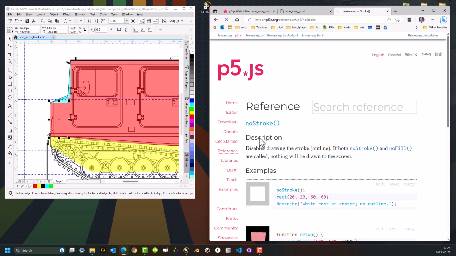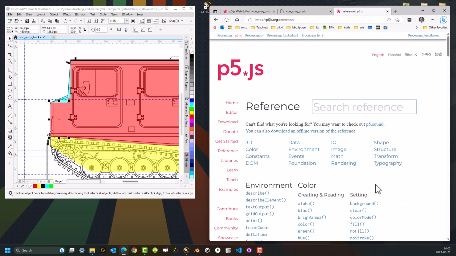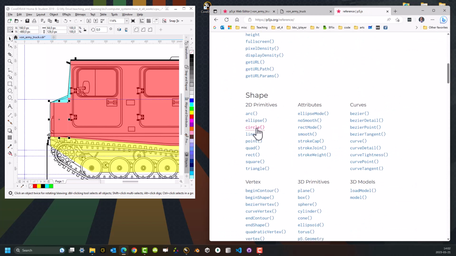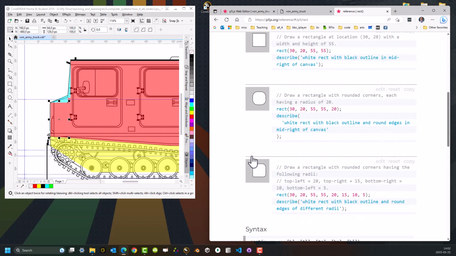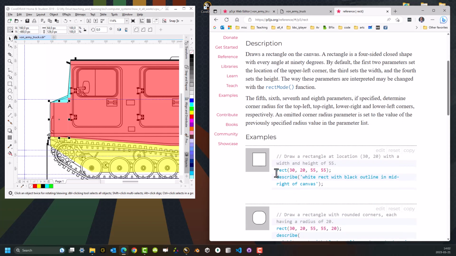Let's go back to reference. Actually, let's just scooch down shapes, ellipse, square, oh, rectangle. That looks like what we're looking for. So a rectangle, okay, it's an X and Y position, which I'm assuming is to the top left corner, and then a width